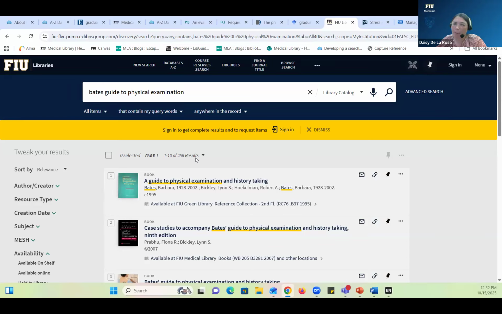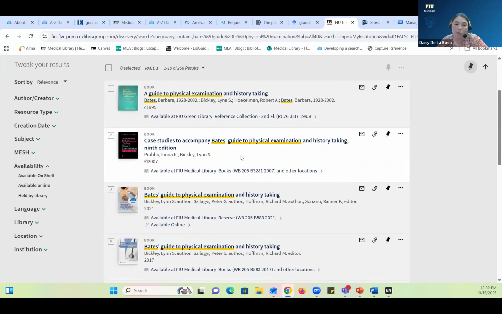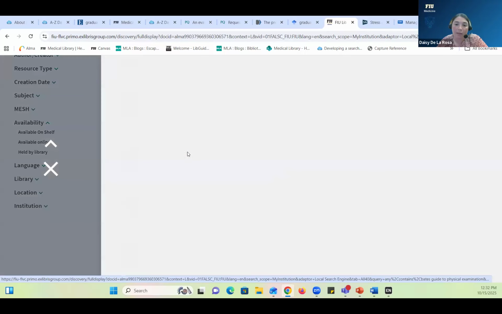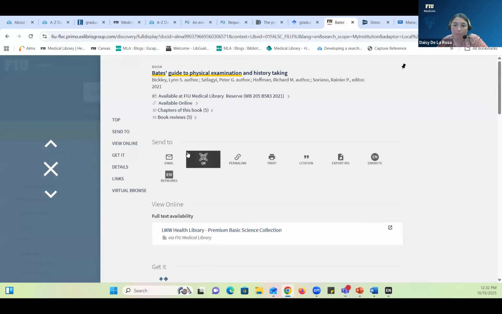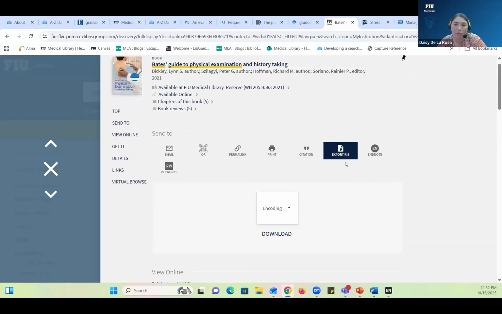So if you have like a print book or something where a direct export option doesn't seem obvious, you can look for it in the catalog and then get the citation from there. So let's say that I wanted to cite this particular book. I want to add it to my EndNote library. So you select the book, and then there's this EndNote option, but this one takes you to the online. So you want to select export RIS, right? So again, it's that